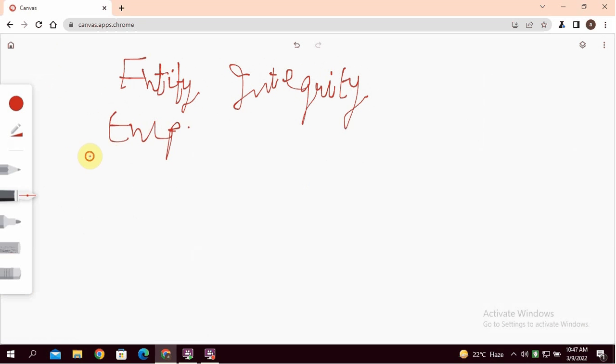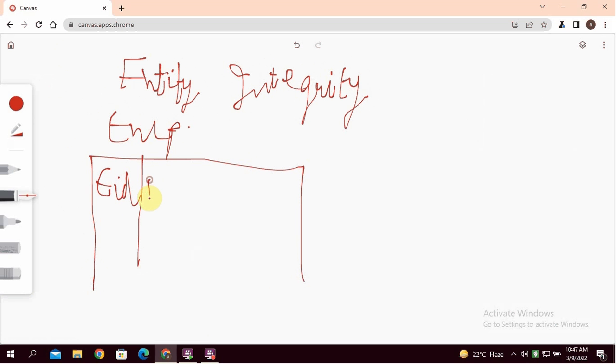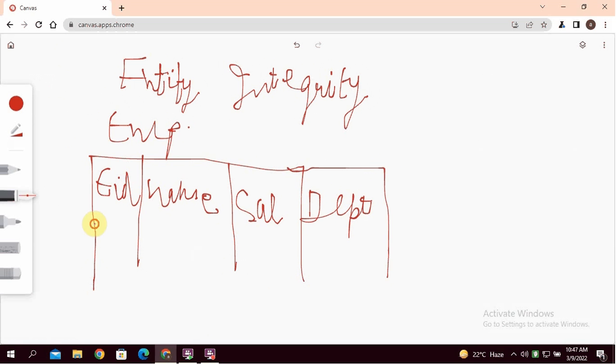EMP relation: EID, name, salary, department. The relation is employee and it consists of 4 attributes: EID, name, salary and department.